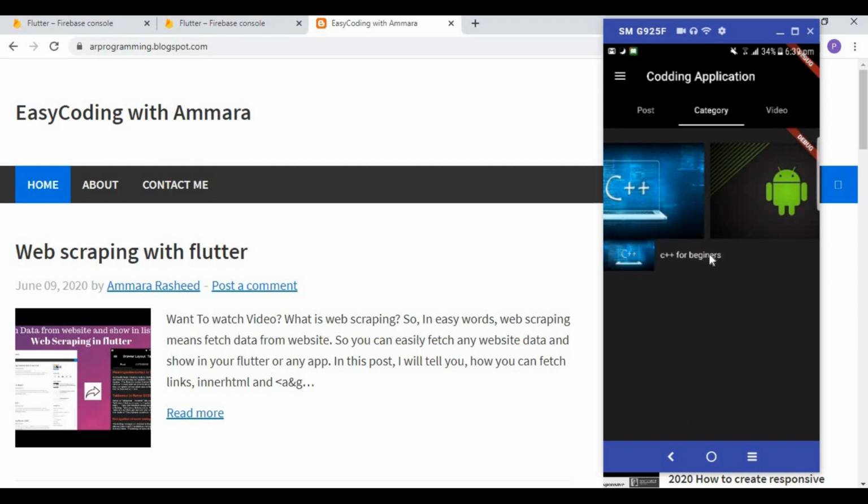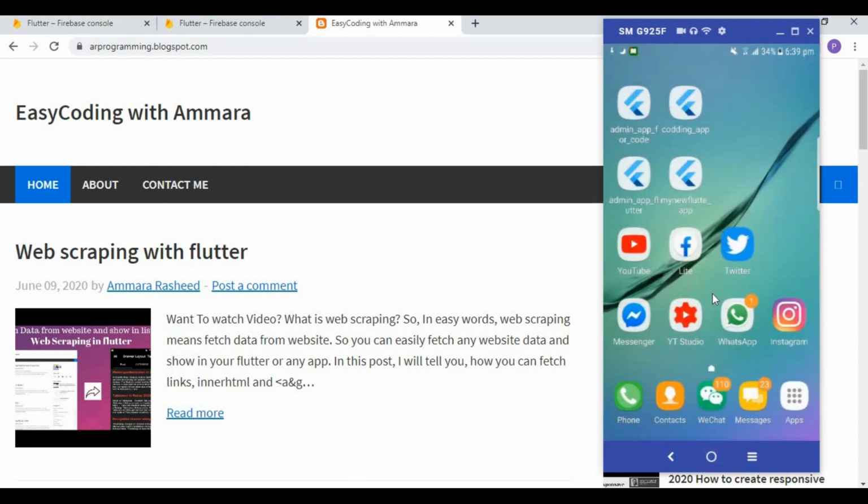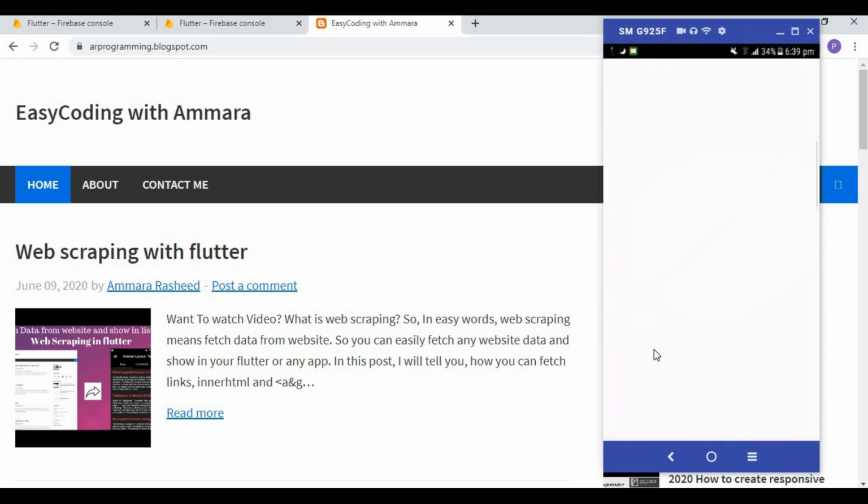Now when I click on this title, C plus plus for beginners, you will see that this page opens, and we have to make some changes in this page. So now I am going to create this page. First of all, I am going to show you the demo of what we are going to do in this page. So open the app,